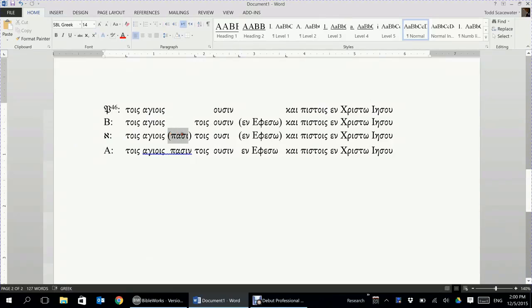This probably added pasin here because in the 3 other places where Paul uses this tois ousin en and then a geographical location, there's 3 other locations he uses that: Romans 1:7, Philippians 1:1, and 2 Corinthians 1:1, if I'm remembering correctly. And in all those places, it's tois ousin en and then the city name. And he also has pasin right before tois ousin as well. So this pasin tois ousin, I think the scribe here probably adds that in to conform it, or at least